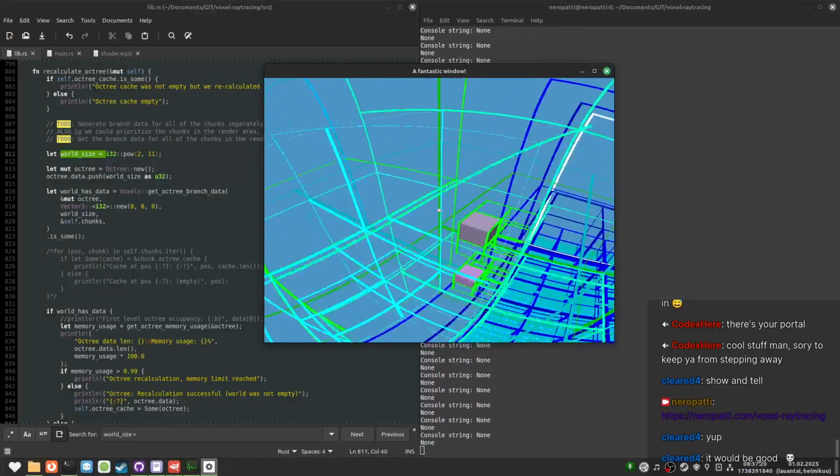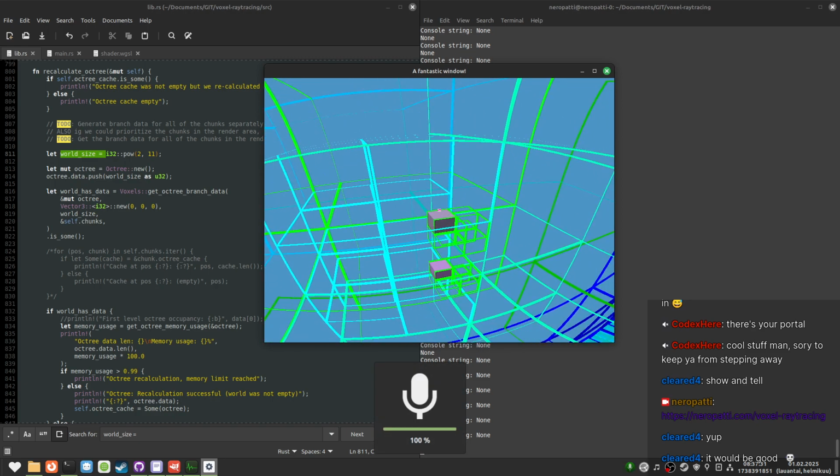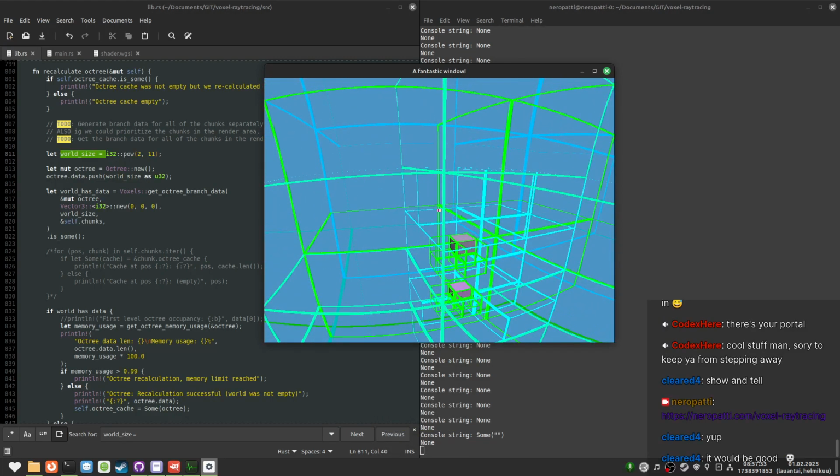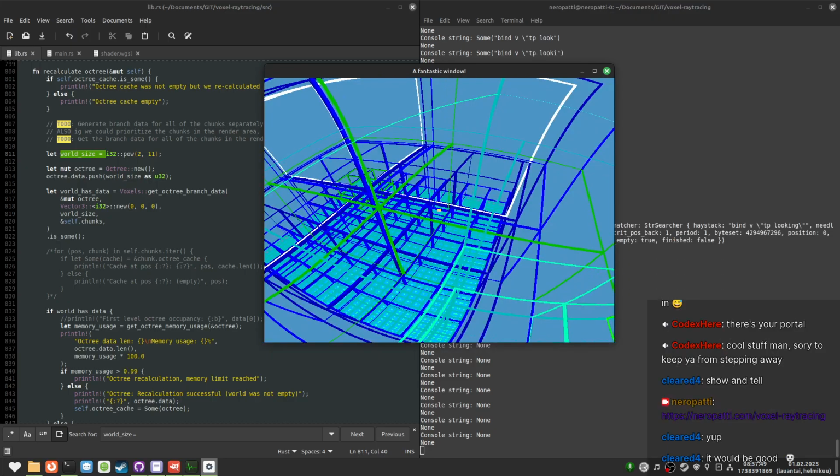And then, you know, also I want to have a thing where I could bind commands to keys. So, you know, I could bind the command, and then I would press V and then it would DB there.